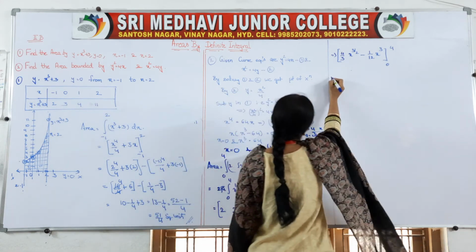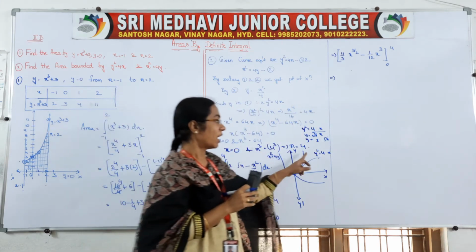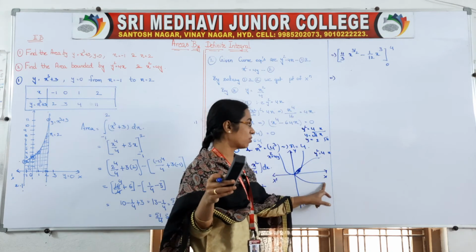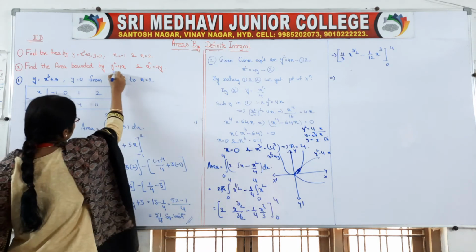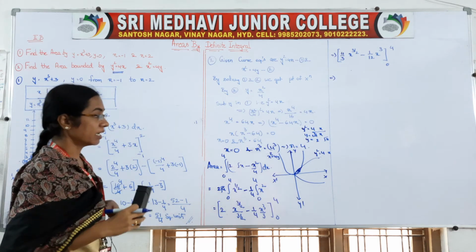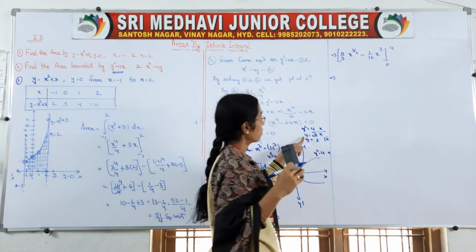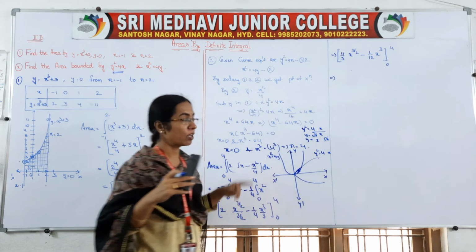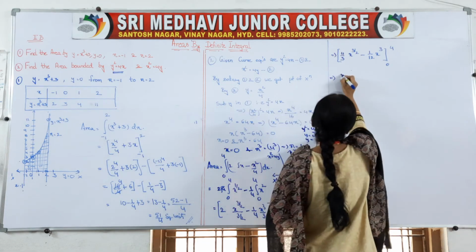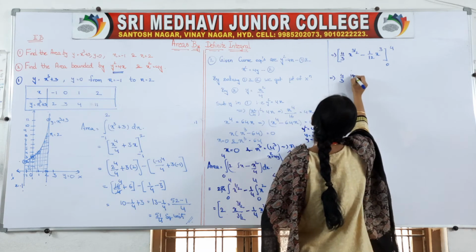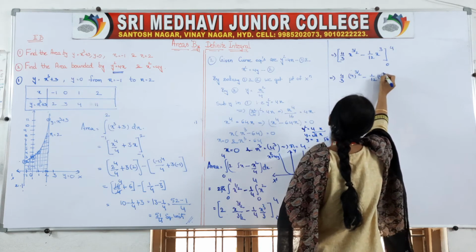In this equation wherever x is there, first substitute the upper limit. Be careful, the parabola form is always y square is equal to 4ax, but the given question is y square is equal to 4x only. So you take only 4x, not 4ax. If we take 4x, it will be y is equal to root 4x. Root 4x is 2 into root x. So it is 4 by 3 times 4 to the power of 3 by 2, minus 1 by 12 times 4 cube.